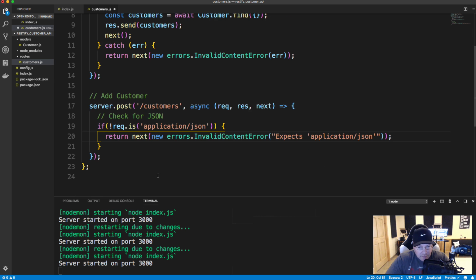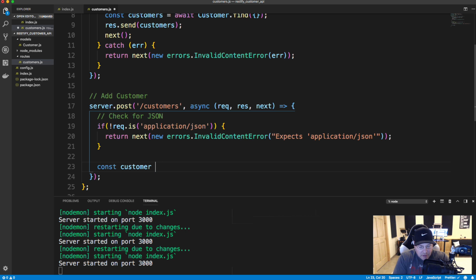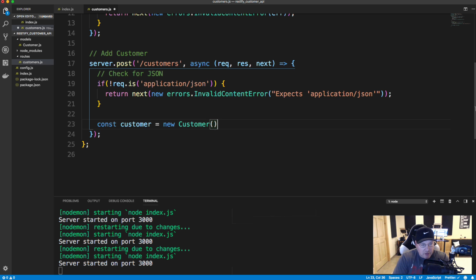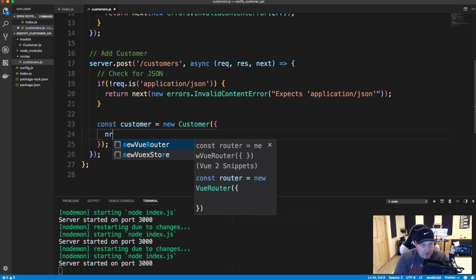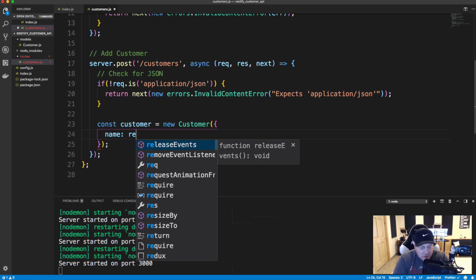Okay, so let's move on, and we want to remember we're adding a customer, so we're going to create a variable called customer, and we're going to set it to a new customer. Hold on. Okay, I just wanted to make sure. I thought I put user up here. But yeah, we're bringing in the customer model, so we want to say new customer. And in here we want to pass in an object, and this is where we want to put the fields. So name, and the way that we access the data that's sent from, in our case, Postman or whatever your front end is, you know, if you connected React or Angular or something like that, we would get that with